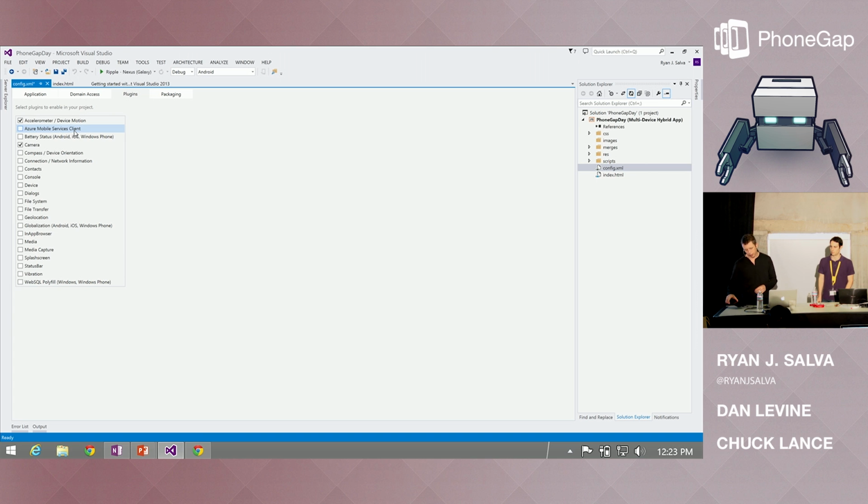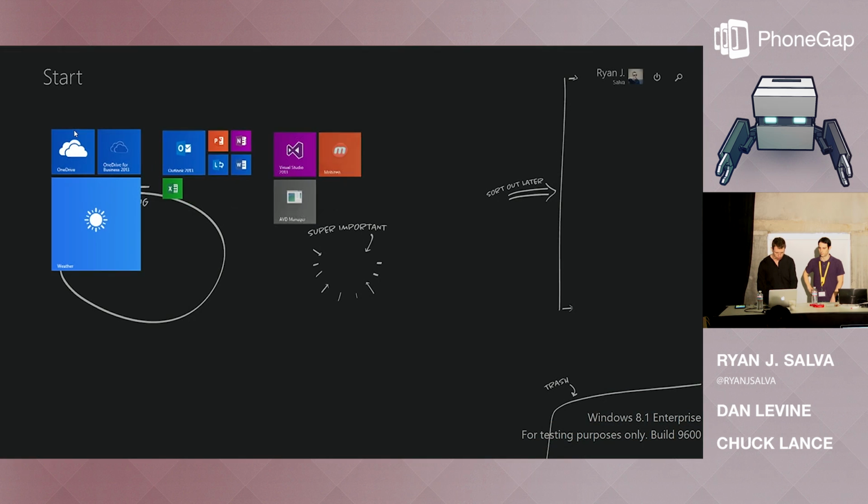Let's fire that off and actually see it working. All right, so I'm going to do it to an Android device here that I've got connected. I really wish that I had one of those fancy new Nexuses, but I've just got one of the Nexus 7s. And actually, for this, I'm going to go ahead and launch up Mobizen while I'm doing this.